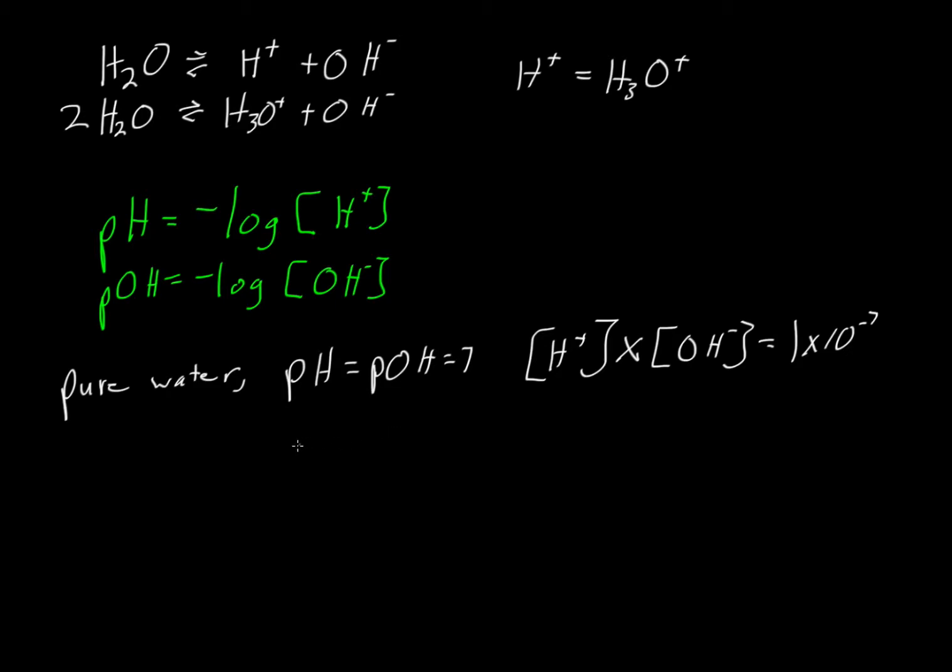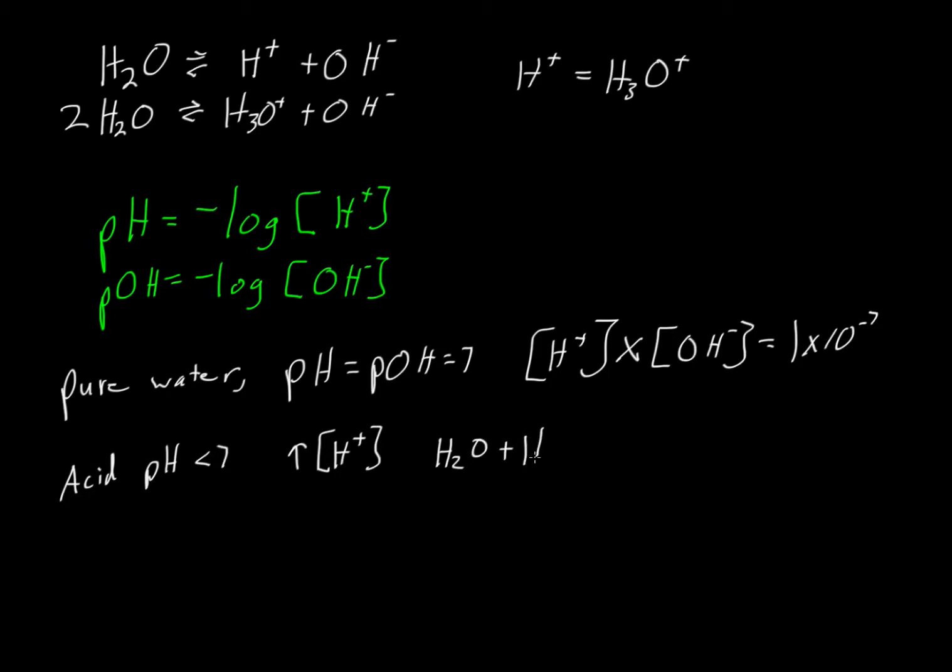Okay, so what can we actually do to upset this balance? Why do we have acids and bases? Well, first off, what is an acid? An acid is anything with a pH of less than 7. So what does that mean? That means we have to increase our hydrogen ion concentration. So if we want to do this, we'll add something to water,